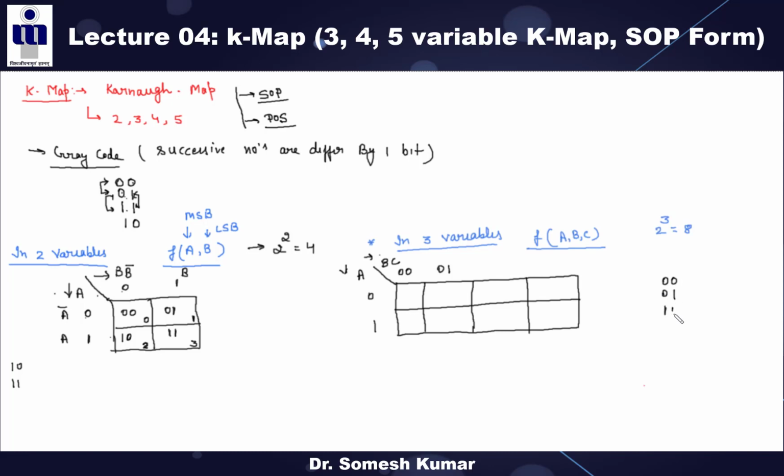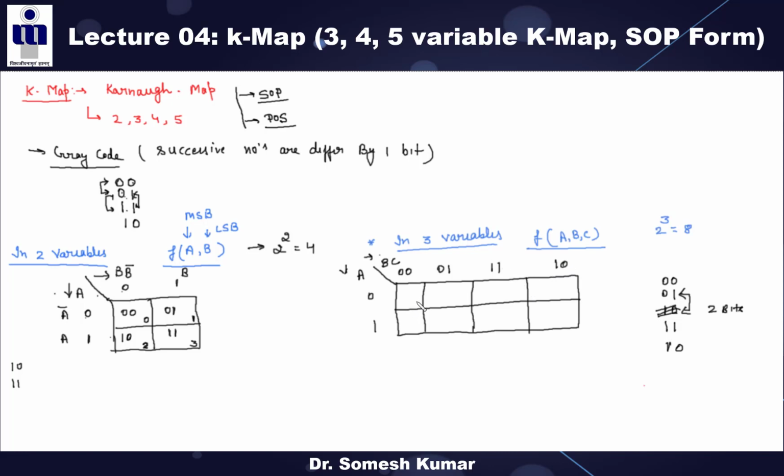So see, this is first, this is second combination. If I am saying 1 0, then how many bits difference between two successive combinations? 2 bits difference, right? So that's why 1 0 will not come here, 1 1 will come, right? In the next, what will come? 1 0. Understand? Right? So here 1 1 will come, here 1 0 will come, right?